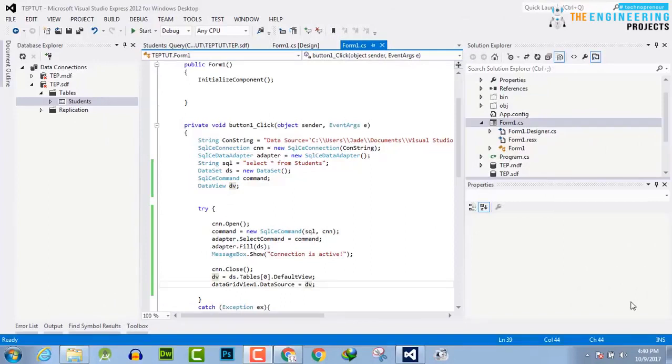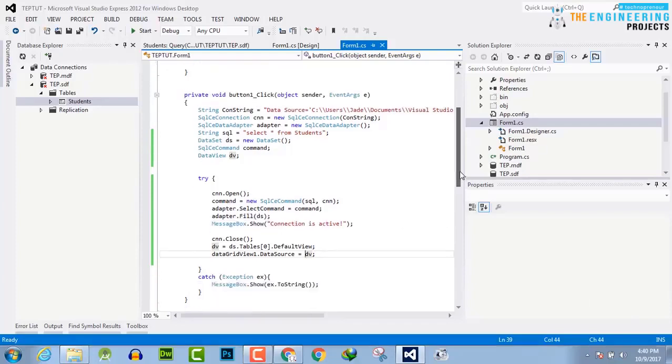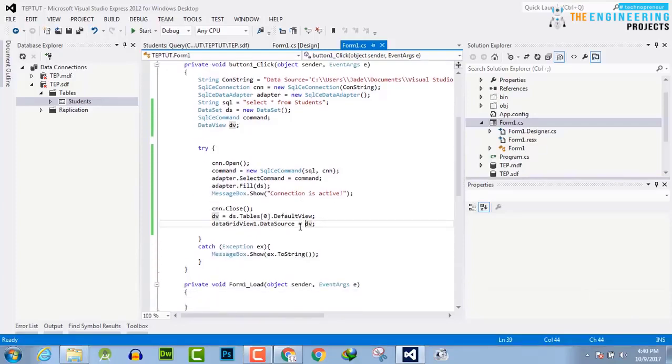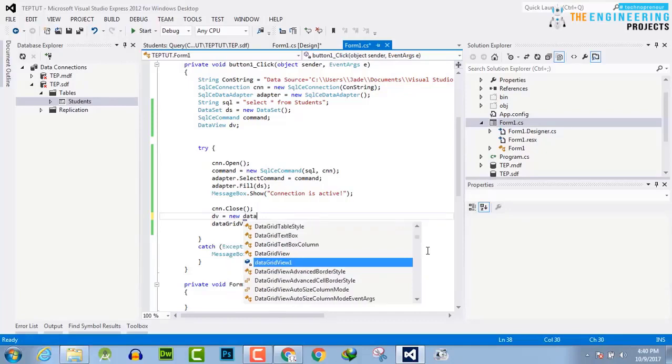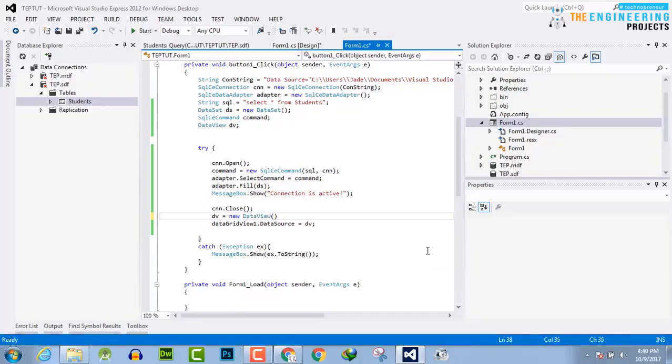In this video tutorial, I will guide you how you can sort the data in data view. In my previous video tutorial, I have already guided you how you can create the data views. So if you know about this code, then you just create a new data view by writing new data view, and in parenthesis first parameter is the dataset ds.tables